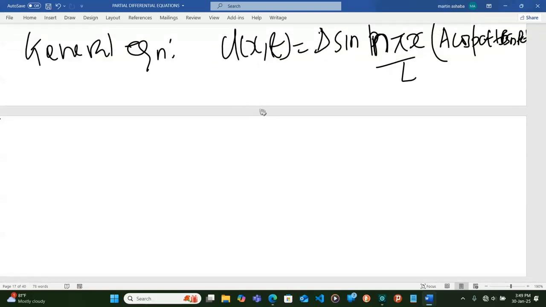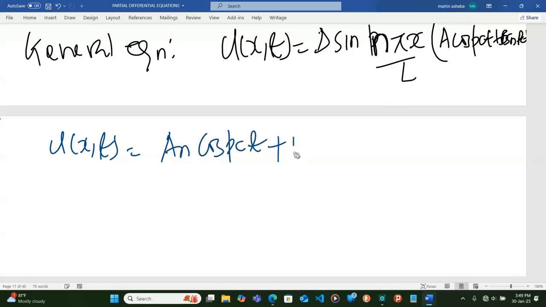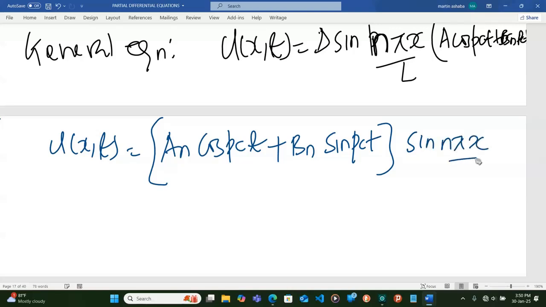So I'll have u(x,t) equivalent. So if I get d times a, I'll have an cos pct plus bn sin pct, okay? And then sin n pi x out of L. Yes. So once we are there, we can now apply